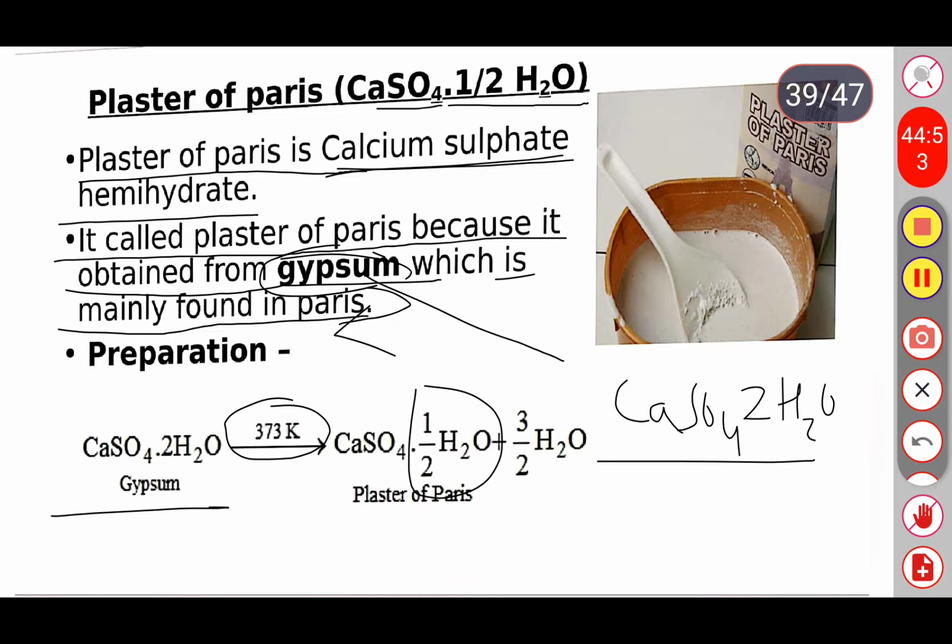So these two chemical formulas are very important. The first one is plaster of Paris and the second one is gypsum. Plaster of Paris, POP, is obtained by the heating of gypsum. The formula of gypsum is CaSO4, calcium sulfate, along with two molecules of water. When gypsum is strongly heated, it changes into plaster of Paris. When the same plaster of Paris is hydrated, that means when it dissolves in water, it gives back gypsum.